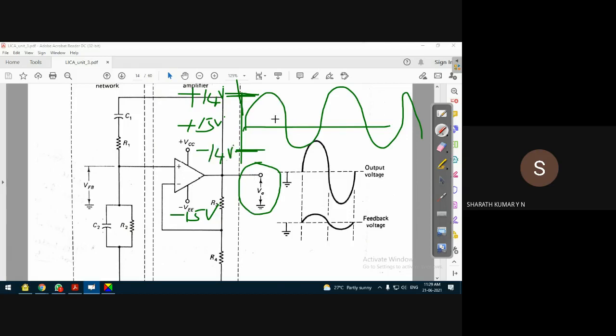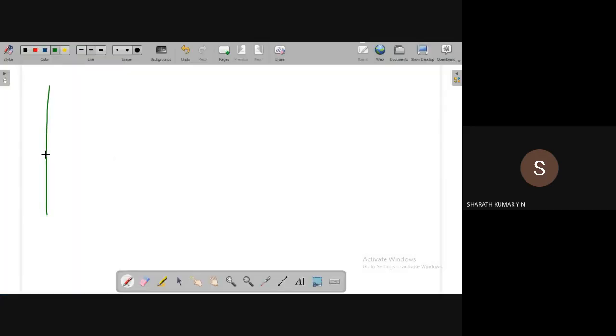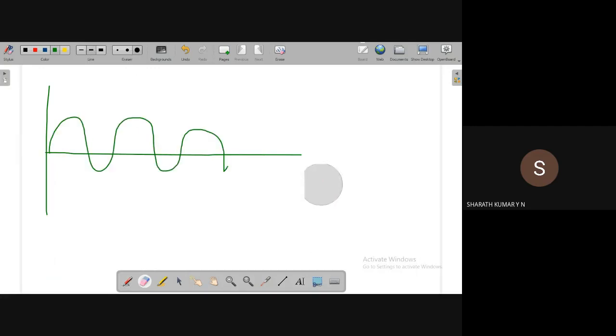Because it is saturating, the voltage is applied as feedback to the non-inverting input terminal. This resistor and capacitor network results in attenuation of the output voltage. What is attenuation, guys? For example, let us say we are applying a larger input voltage, which is attenuated by the feedback network, and hence the resulting input voltage will be a smaller voltage, of the same frequency and same phase, but an attenuated voltage.